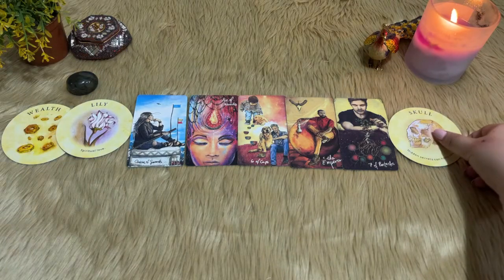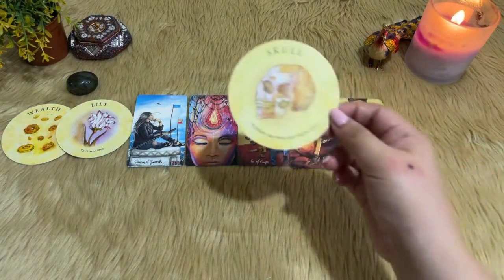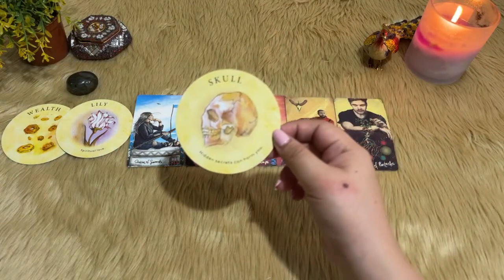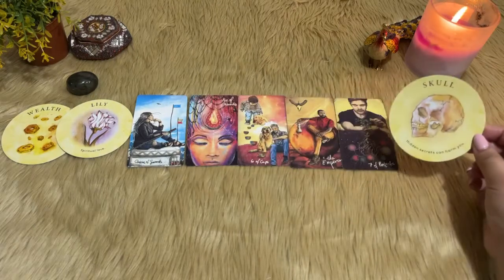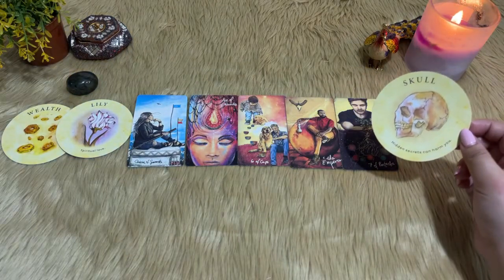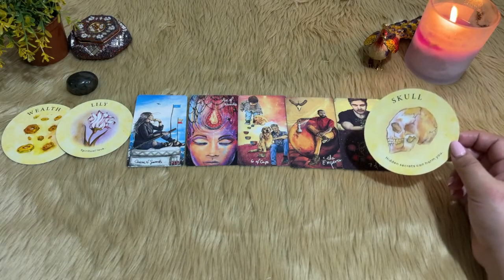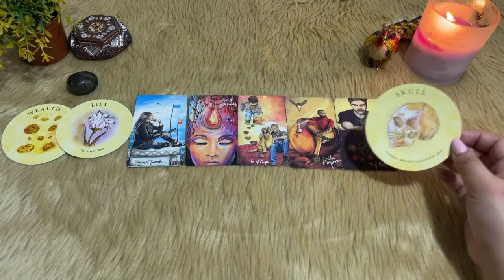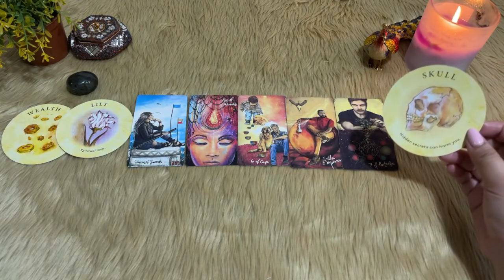Now, the next card that we have here is Skull. So the message of the skull is hidden secrets can harm you. So what I'm seeing here now, this card, by the way, it represents the warnings. Okay, warnings or the possible side effects of the gifts that you have. So skull here being